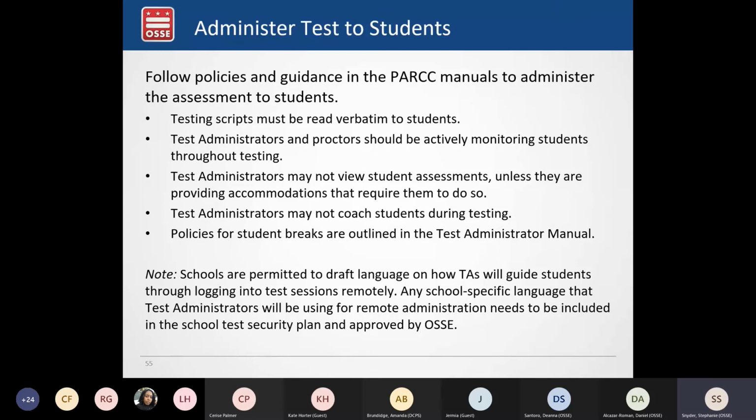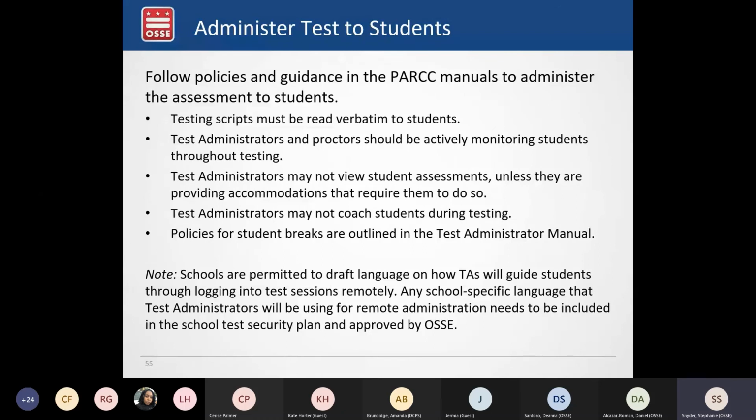If my school's in session face-to-face, the procedures for testing are completely different, correct? Not exactly. I think remote and in-person share very many similarities. There are certain things that work in person that do not work for remote, which is why we provide additional guidance for remote. But in general, state assessments and the procedures that have been established over the years are for in-person administration.